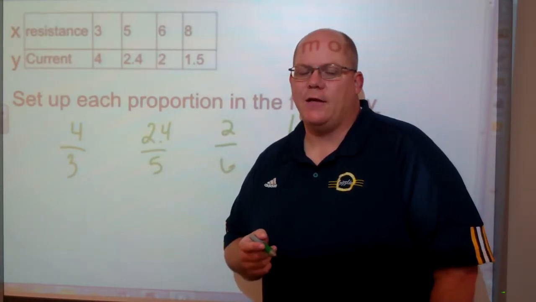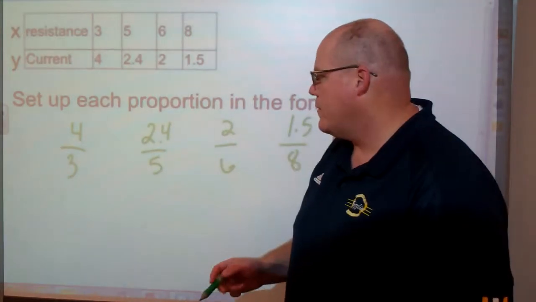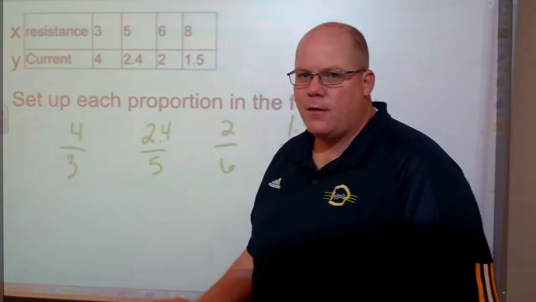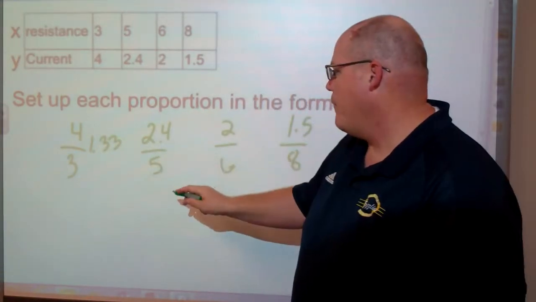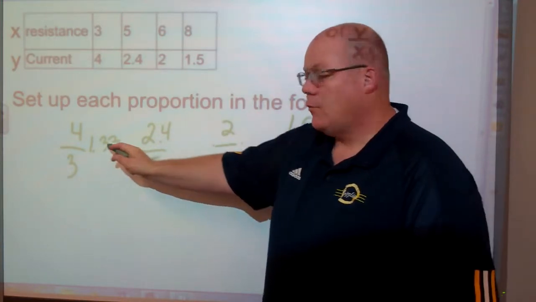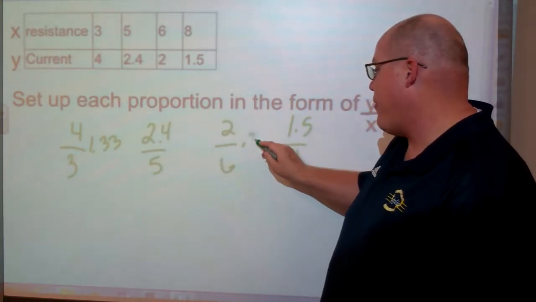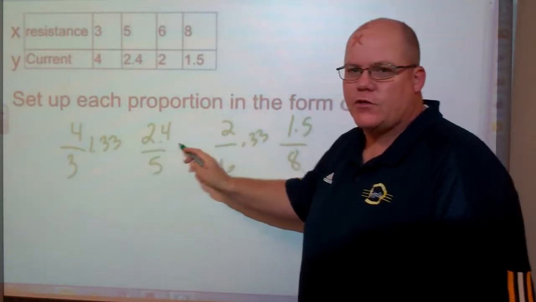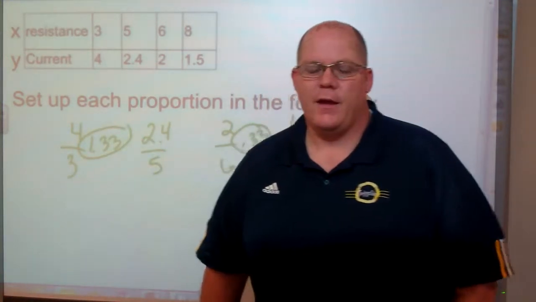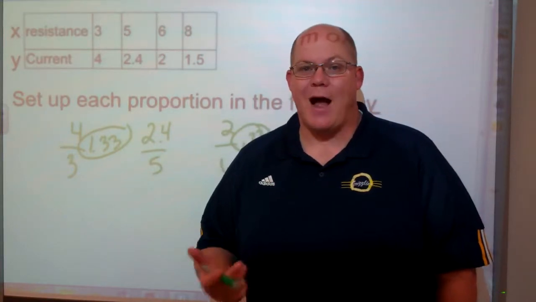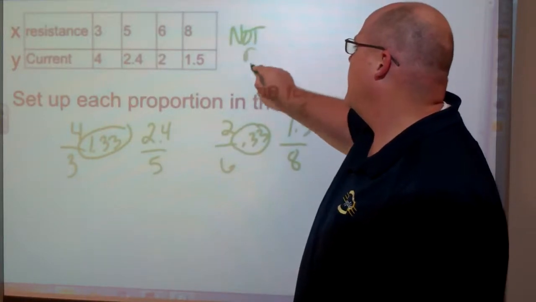Now these are simple division problems. I suggest using a calculator as opposed to dividing them out by hand. So what is 4 divided by 3? Is that 1 1/3? 2.4 divided by 5. Well, I know it's not 1/3. 2 over 6. No, 2 over 6 is 1/3, right? So as we solve for each of these, we're going to realize, hey, these are not equal. And if they're not equal, that means we do not have direct variation. So we would write not direct